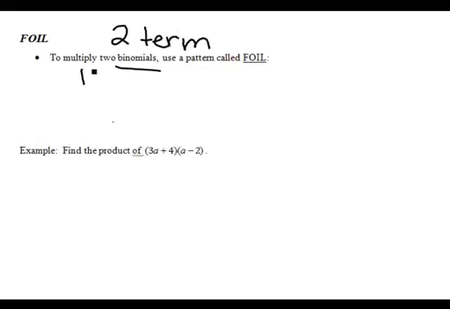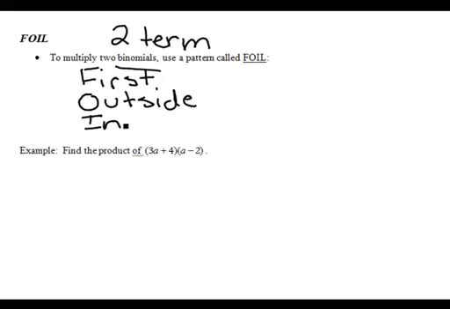the F stands for multiplying the first terms together, the O stands for multiplying the outside or outer terms together, the I in FOIL stands for multiplying the inside terms together, and then the L in FOIL stands for multiplying the last terms together. So looking at the example I have down below here, if I use this pattern called